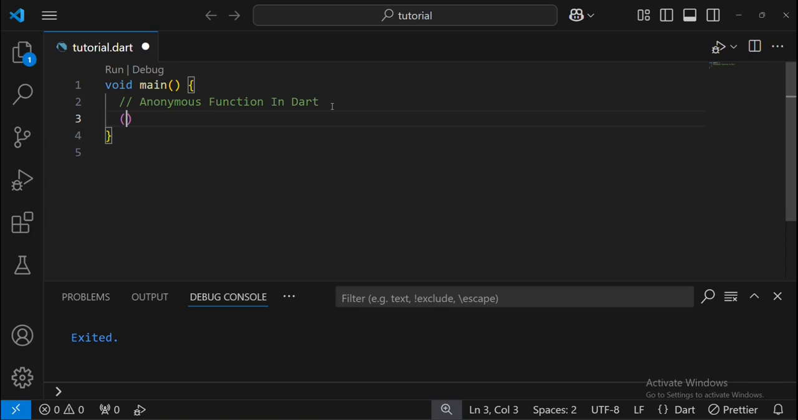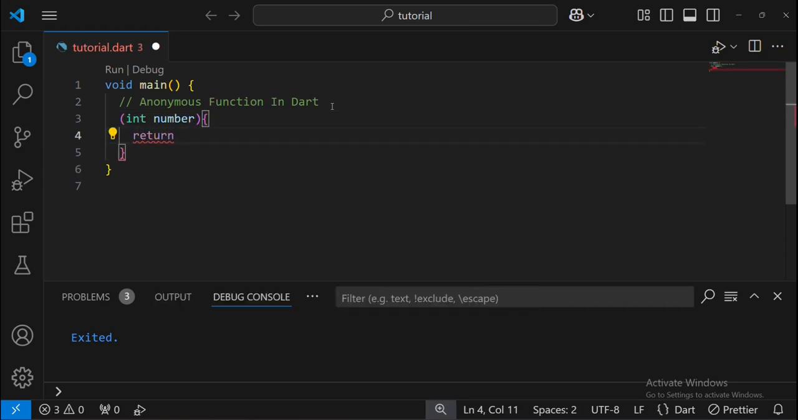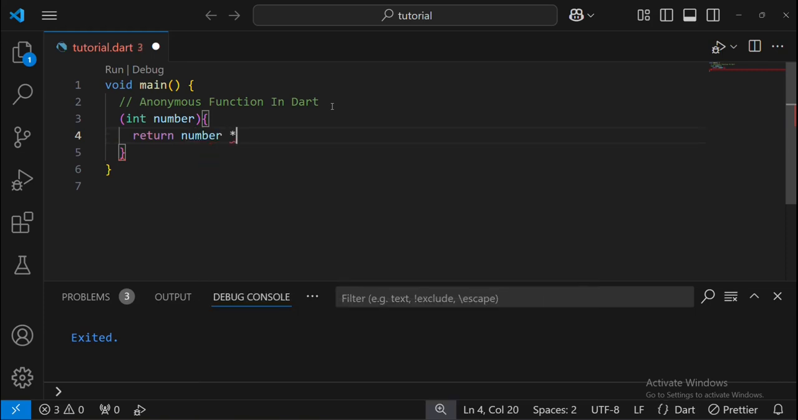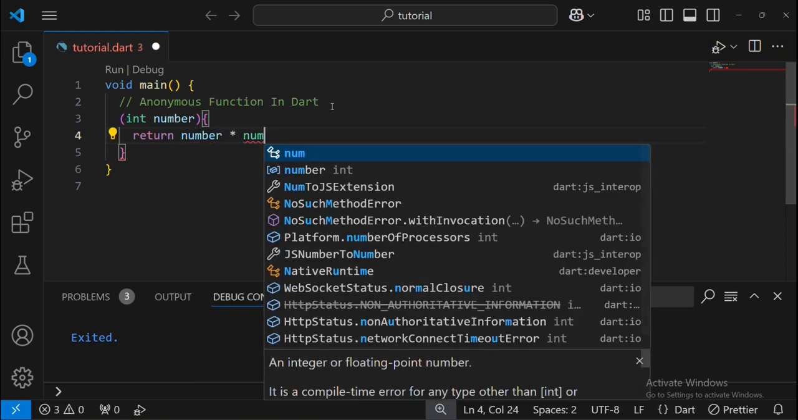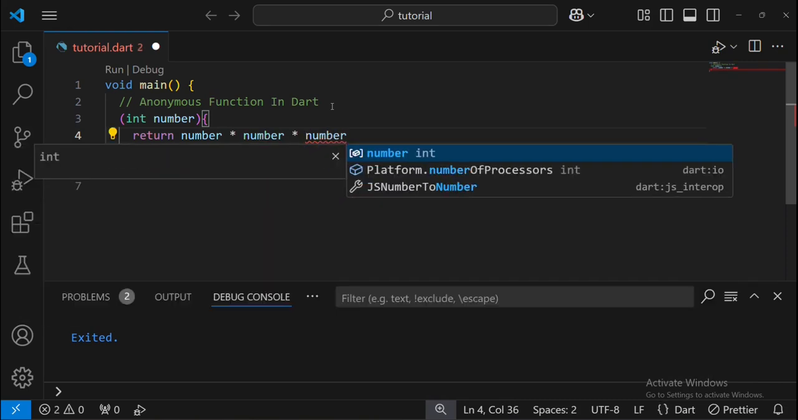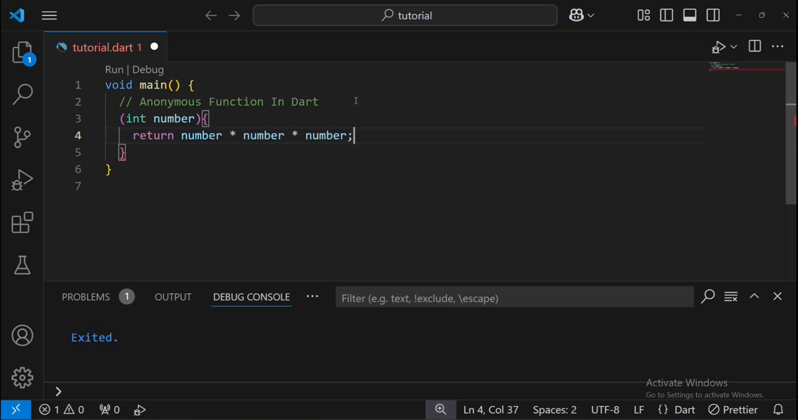So we can say open bracket, close bracket. This is going to take int of number, and then we can have a return type, which is going to say number multiplied by number multiplied by number. And let's add this here. Now there's no way we can call this. Let's add a semicolon here. There's no way we can call this function,